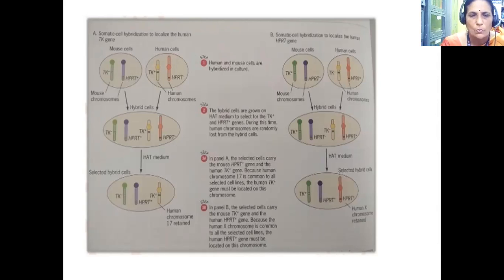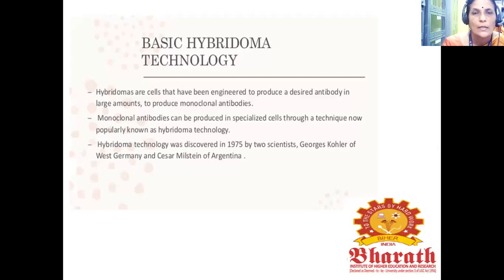on this chromosome. Step 4, in panel B, the selected cells carry the mouse TK plus gene and the human HPRT plus gene. Because the human X chromosome is common to all the selected cell lines, the human HPRT plus gene must be located on this chromosome. Next one is the basic